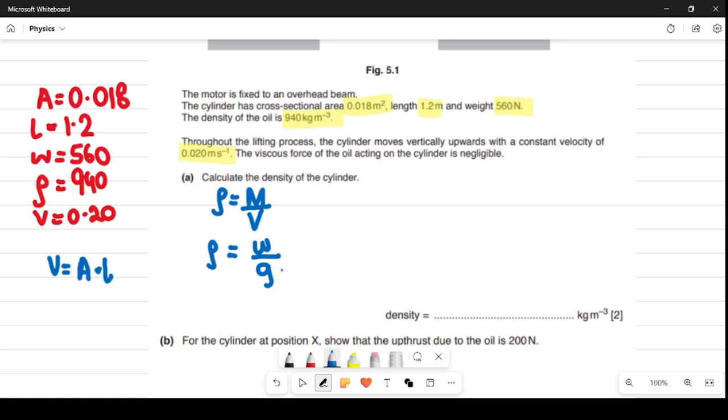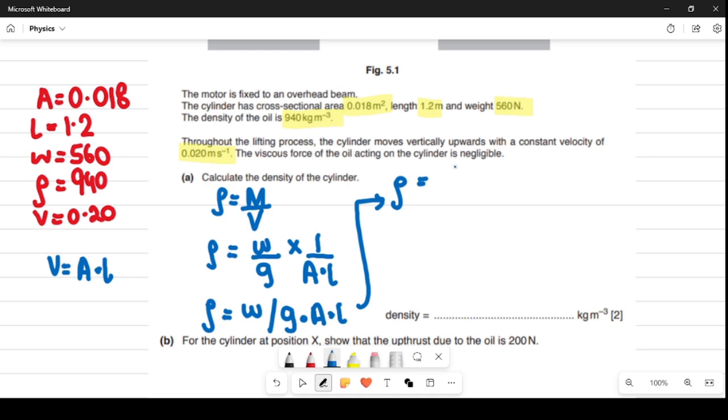So this becomes density is equal to weight divided by gravitational field strength, into area into length. Weight is equal to mg. M over here we don't know, right? So we have to use the weight directly. 560 over